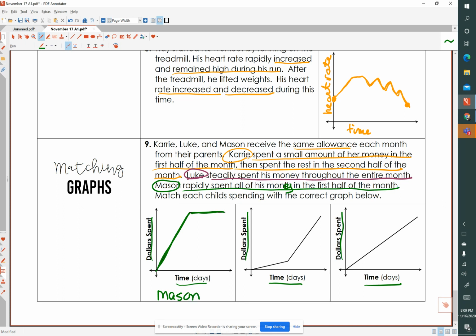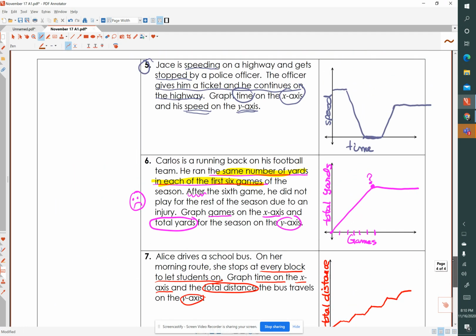Okay, Luke spent steadily throughout the entire month. So let's find Luke's color. So look at the third graph. I wanted to get that to be Luke's color. Look at this third graph. Luke spent steadily throughout the entire month. That's this third graph. It's rising steadily. This third graph, it's a little bit like